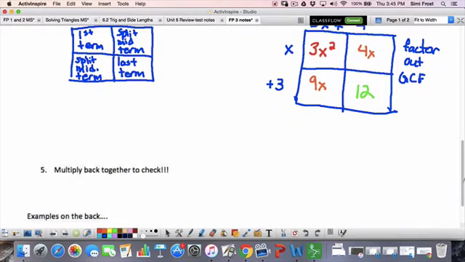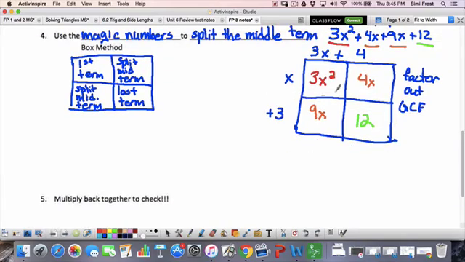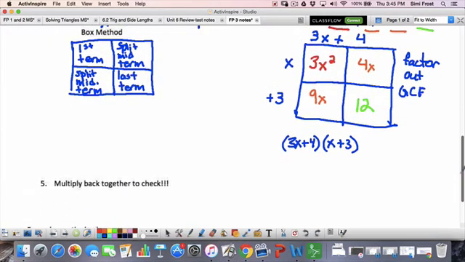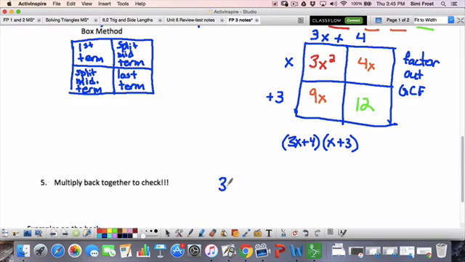So, whoops, too far. I now have 3x plus 4 along the top. And coming down here, I have x, and since it's a positive 3, it's going to be x plus 3. All right, last step, multiply these back together. Let's make sure we came up with the right answer here. So 3x plus 4